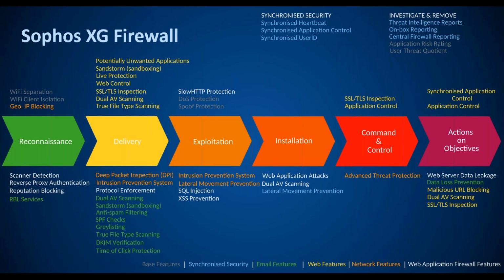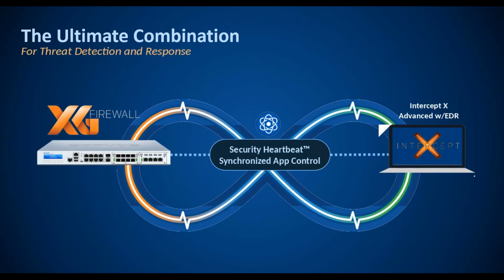Again, there's lots of layers in here. I'm not going to go through these, but as you can see, there are a lot of them. Dealing obviously mostly with delivery, as that's where a network appliance would generally sit. One of the key aspects that we can give for this is the ultimate combination of combining the firewall with the endpoint, or indeed server solutions, and that's what we call synchronized security. With synchronized security and the security heartbeat that talks from the endpoints to the servers, the endpoints to the firewalls, and the servers to the firewalls,